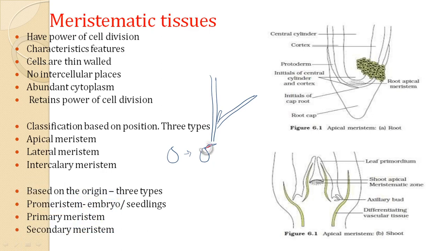This is the new outgrowth. So this new outgrowth is basically called a plumule. What is the plumule? It is a new outgrowth. When they are growing, the plumule later takes part in forming a stem. Initially, these plumules are a new growth, and that is why they are considered a primary meristem.